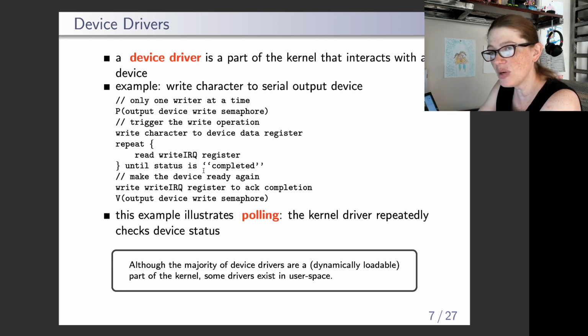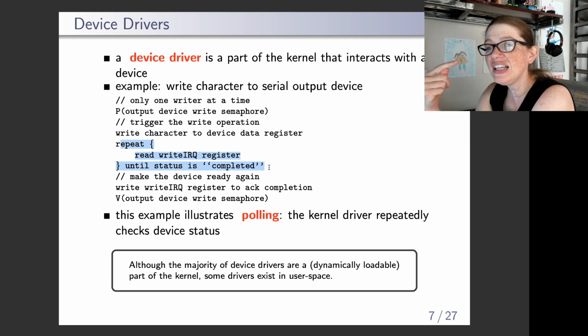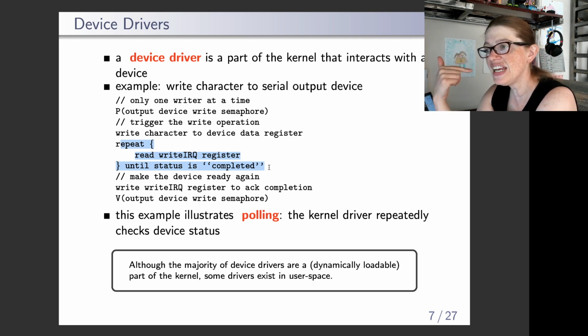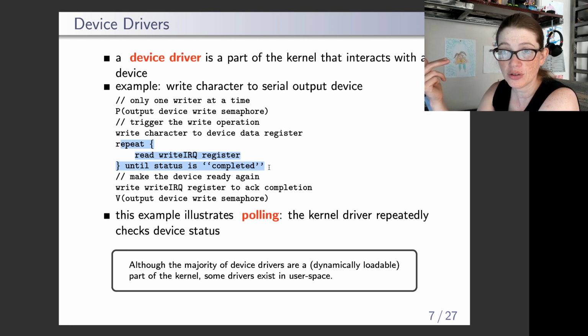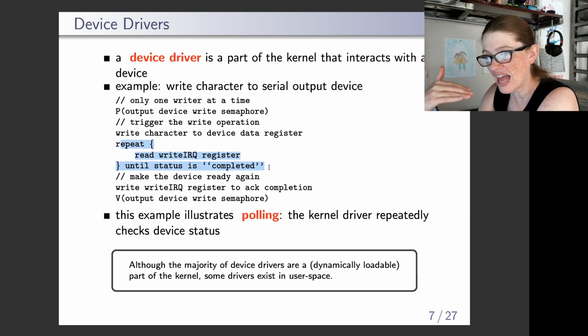And one of the ways that we could do this for the serial console is to poll that write IRQ register. So in a loop, repeatedly read the write IRQ register until it indicates either that the write has completed or that there is an error. And then we can either handle the error and propagate it up the system, or once we've noted that the write has completed,